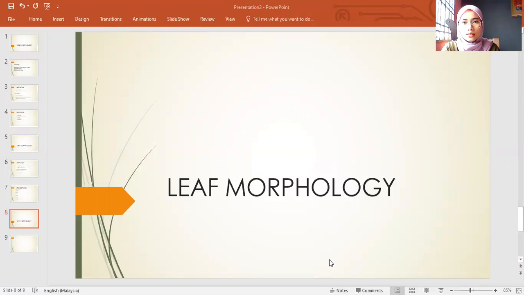Deltoid, shaped like an equilateral triangle, 1, 2, and 3 here. Okay, elliptic. Flabellate is a fan shape. Lanceolate, linear, linear in Zea mays, in corn. Obcordate, oblong, oval, ovate, obovate, sagittate, peltate, this is peltate,